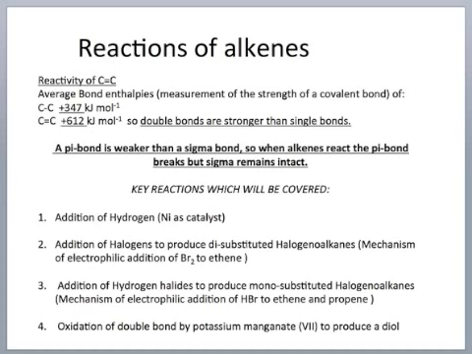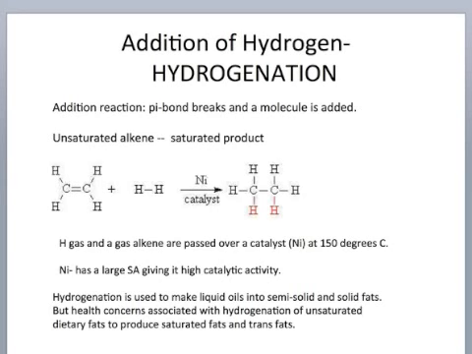So let's now first look at the addition of hydrogen. This is also known as hydrogenation, and this is an addition reaction where the pi bond breaks and a molecule is added. Usually we would go from an unsaturated alkene with a double bond going to a saturated product like here. So in this case we've got hydrogen gas, and hydrogen is a diatomic molecule, so there's 2 hydrogens here,